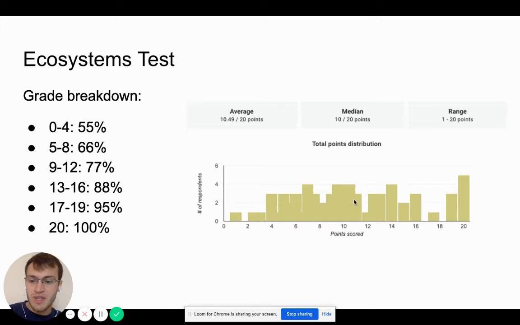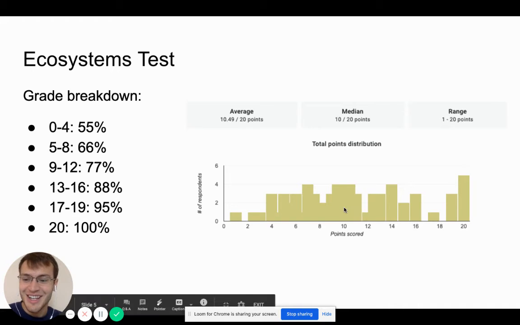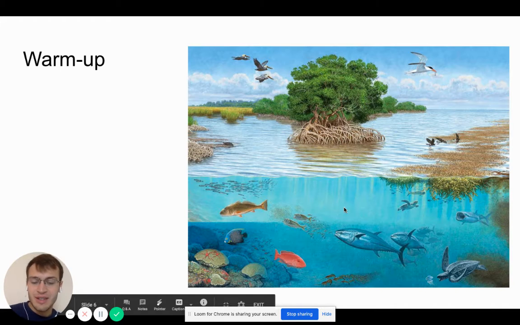So today we're going to review the test, review some of the key concepts of the test, go over some misconceptions, some ideas that a lot of people maybe didn't understand. Maybe I didn't teach it quite right, and that's okay. Mistakes happen. And at the end of class, you're going to have time to retake the test, and hopefully we'll see that we move from here over to here, or even all the way up here, right? So let's get started. Let's take a look at the warm-up.